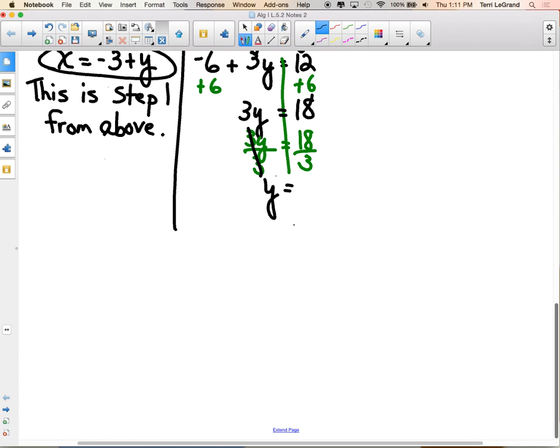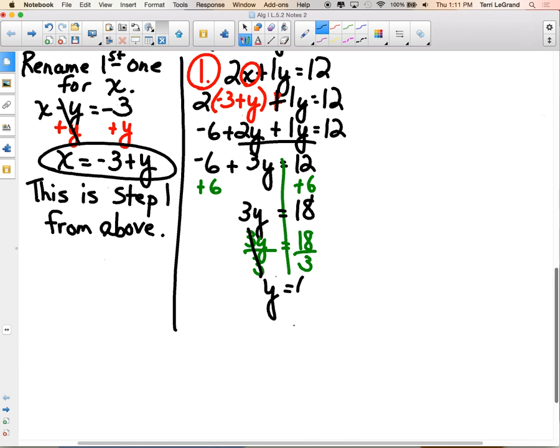Y equals 6. Okay, we get 6 for our y. Let's circle that so we don't lose it. Step 1, we solve for one of the variables. Doesn't matter which one we solve for first. Does that matter? Do we have to solve for x first because it comes first in the ordered pair? No. So now we'll move on to step 2, where step 2 says, okay, now that you know what y